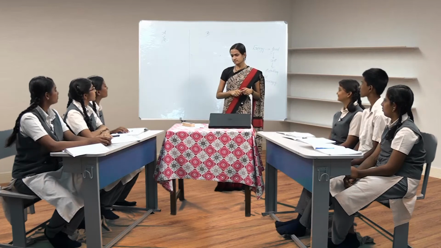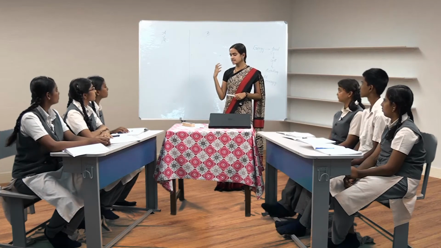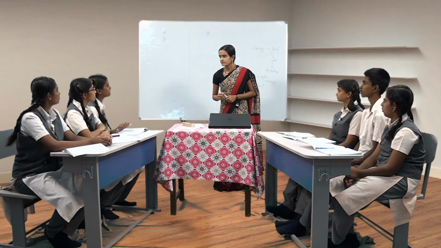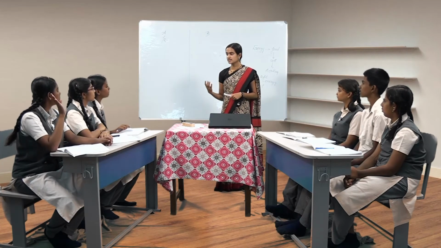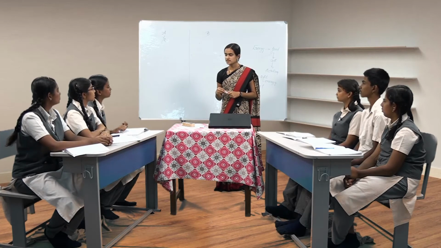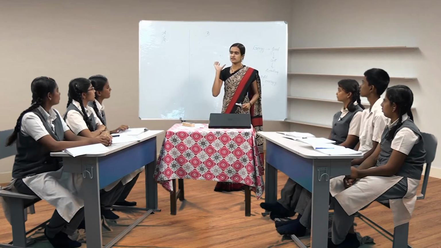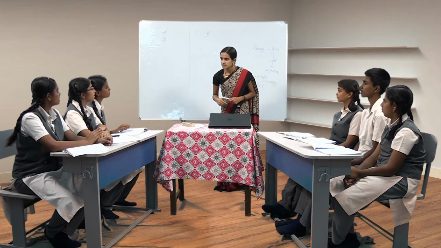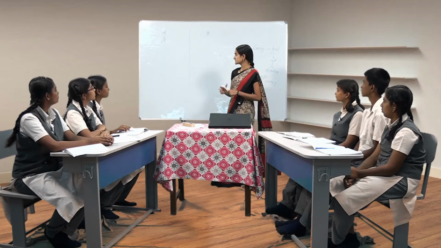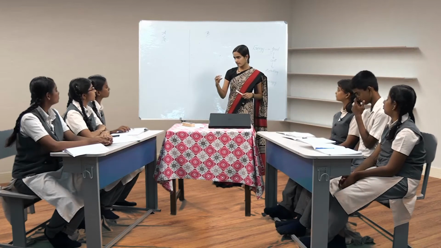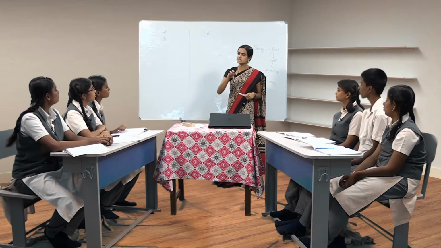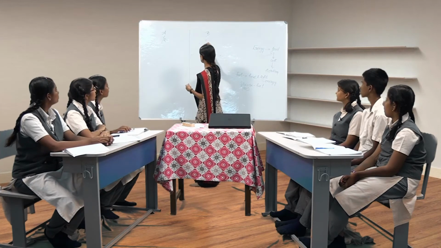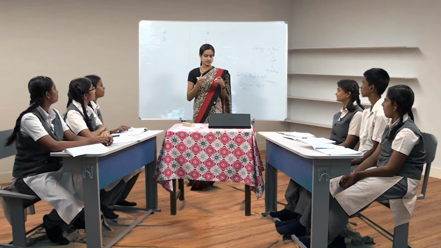Now B group. Why is the cell called the structural and basic unit of life? Ma'am, because everything is made up of cells. Everything is made up of cells, and ma'am, it gives the energy needed to the body. Okay. But what was the correct statement? Every structural activity will be carried out. Yes, that is the main thing you have to tell. It is the independent structure which can survive, and it is the basic unit which can do all the functions of a living organism. So I'll also give you half because two of you answered together. Now you're on the same pace.